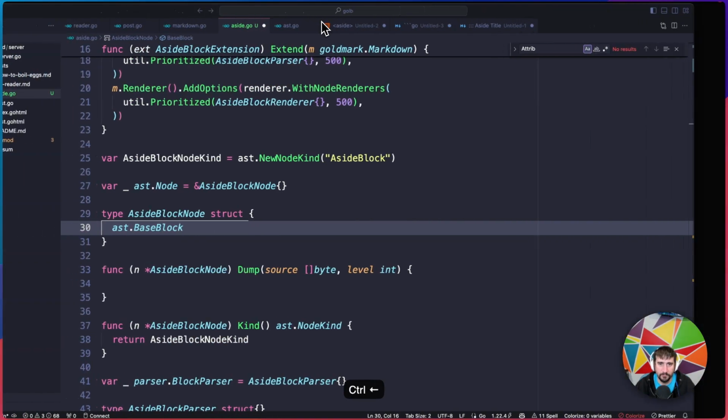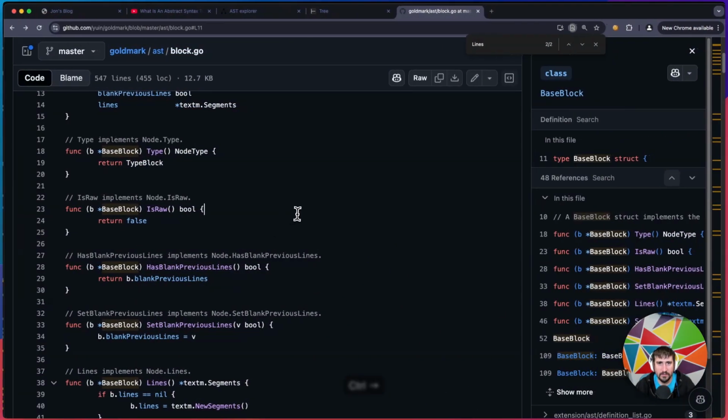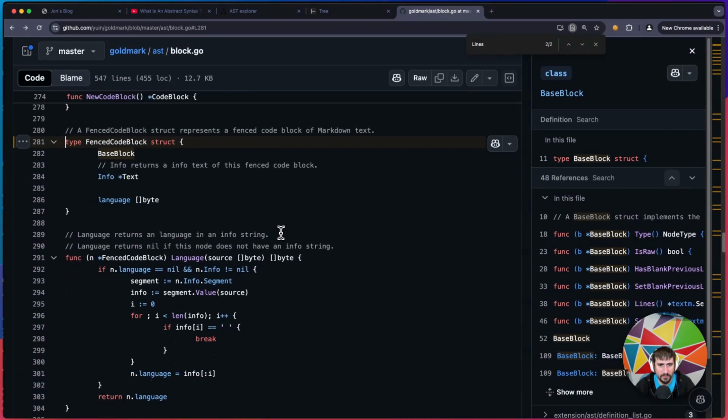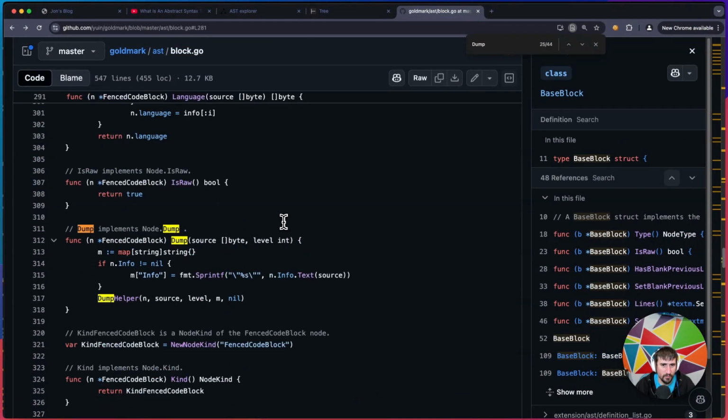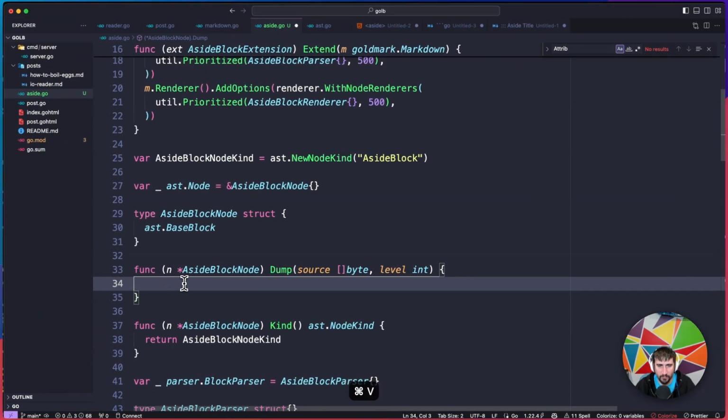And then where are we at here? I need dump. So I need to figure out how dump is being implemented in some of these, because I'm pretty sure, yes, I'm going to copy this code. I was pretty sure there was a dump helper from whenever I was digging through all the code and figuring